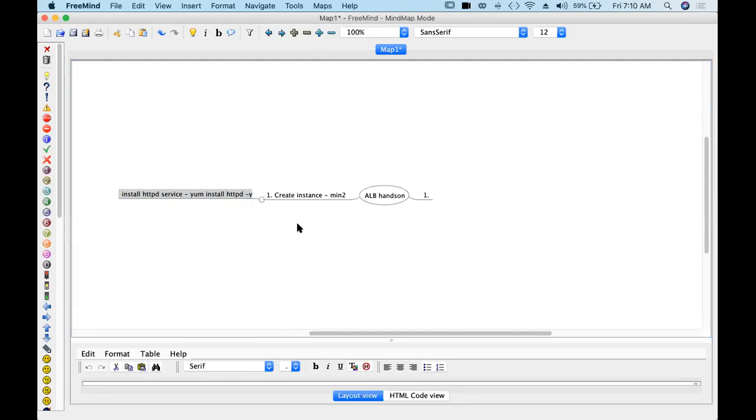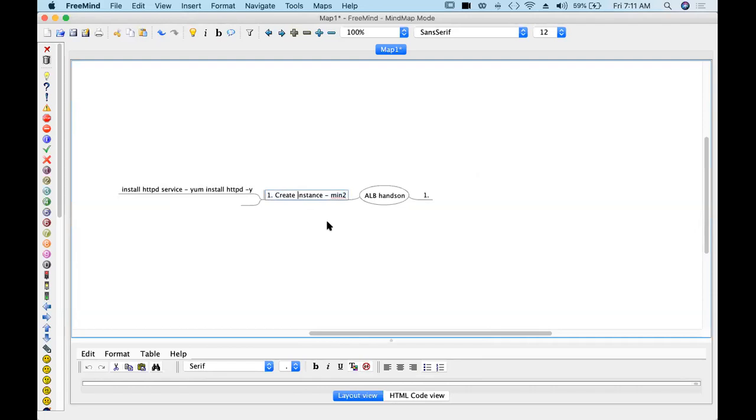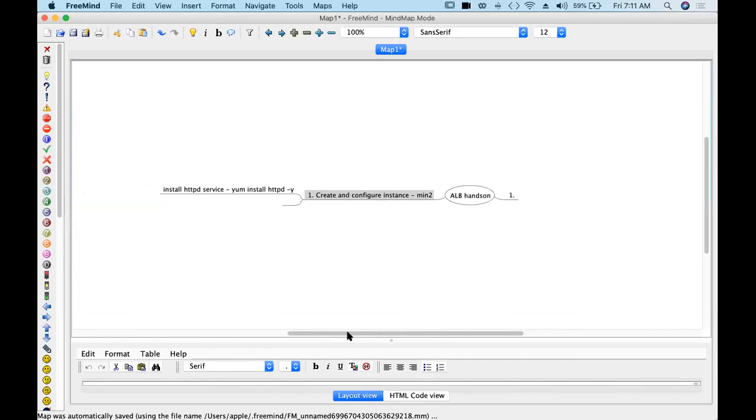After this, create and configure. Okay, you have to create your instance. If you have your instances in stop state, start them, and there should be HTTPD service installed. If not, install it now. Yum install HTTPD -y is the command.